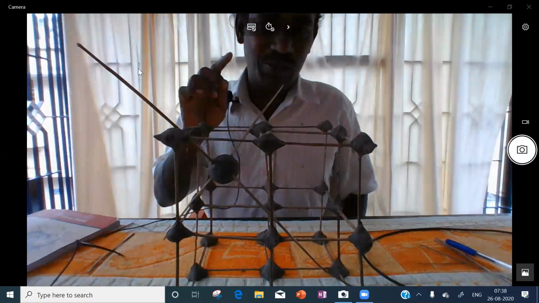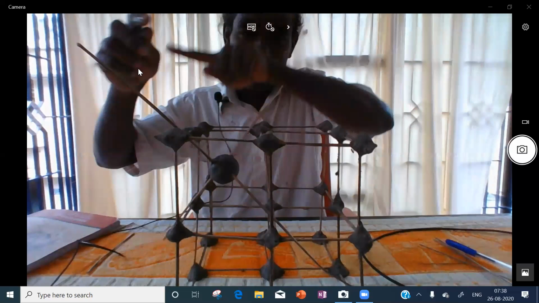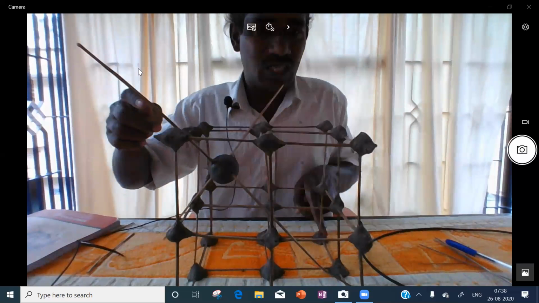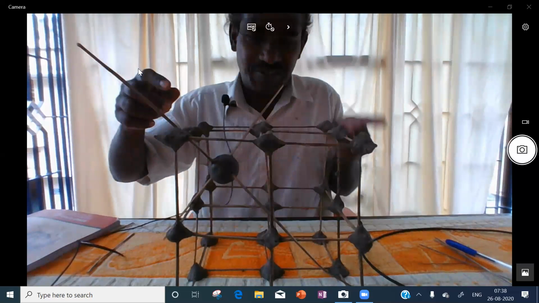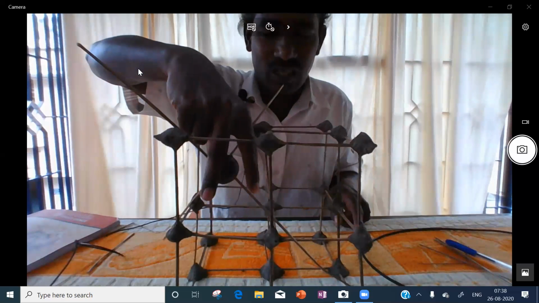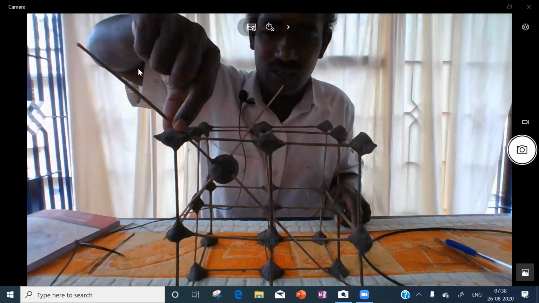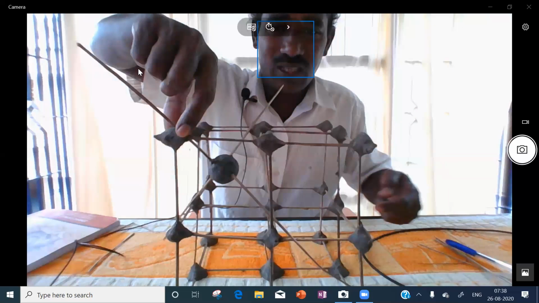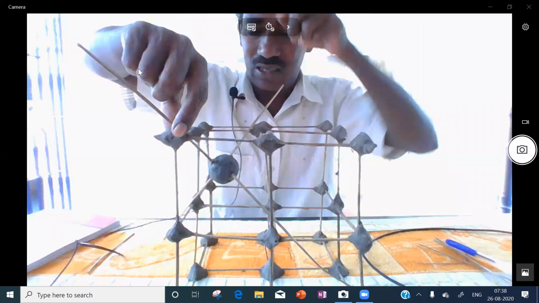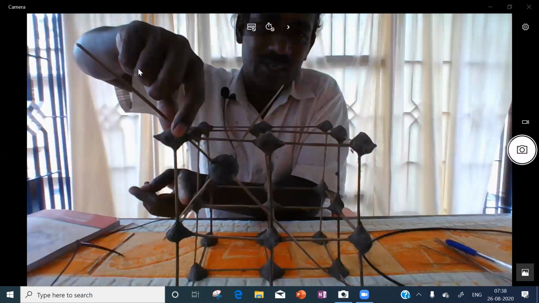In this small cube, the complete cube is called one FCC unit cell. In this small cube, you are taking this corner and its three neighboring face centers: first the front face center, second the top face center, third the side face center.